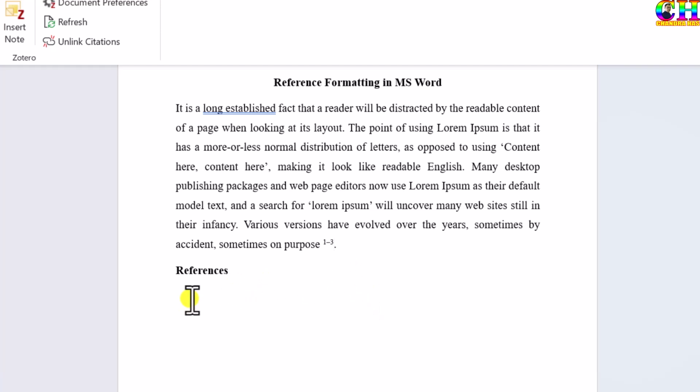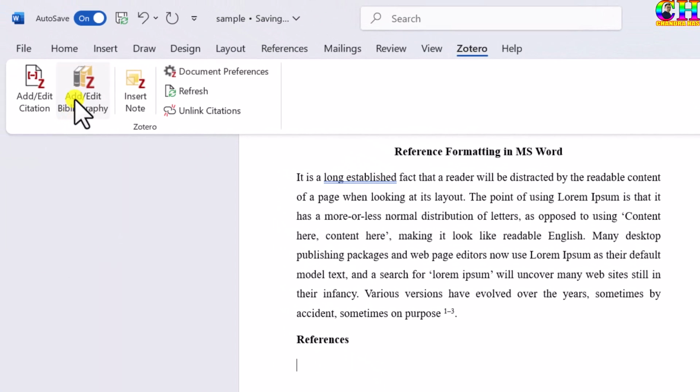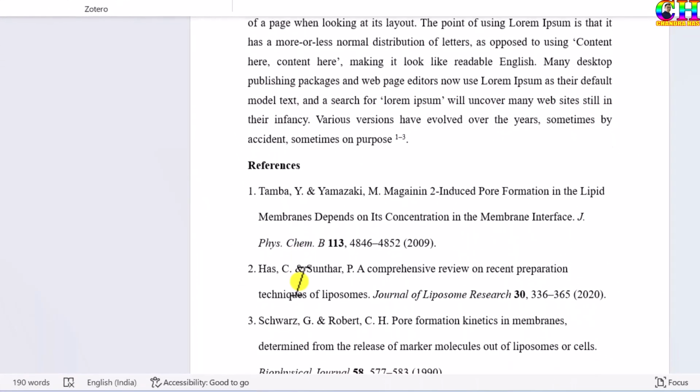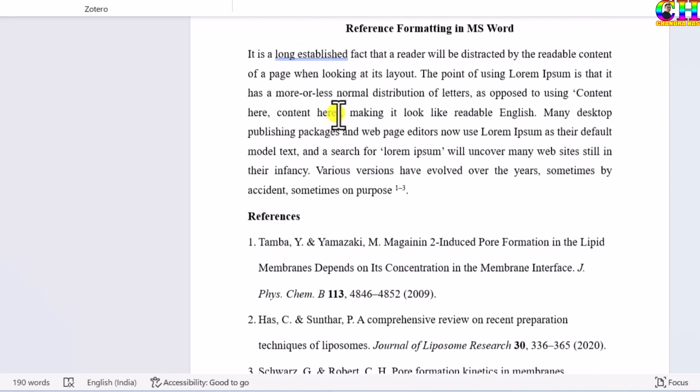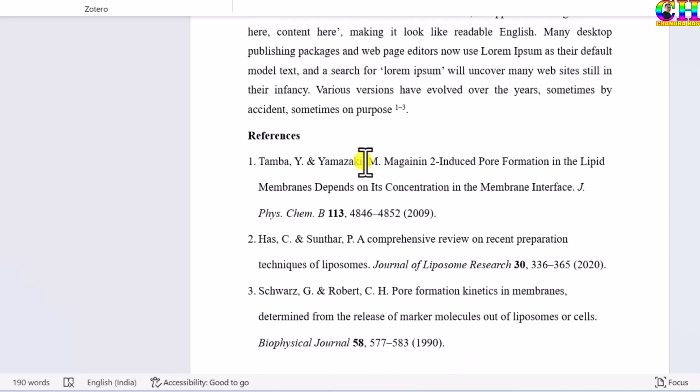References I want to print at this place. Add/edit bibliography. Yeah, all references are coming. Next I want to change the line spacing for the references only, not the other content. So just select all the references,